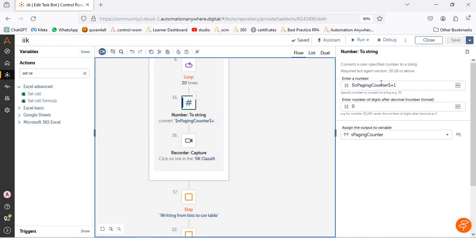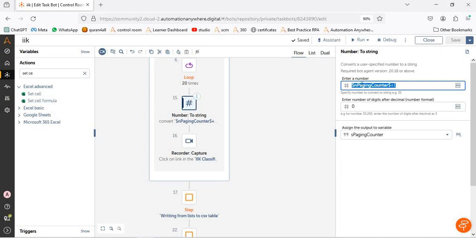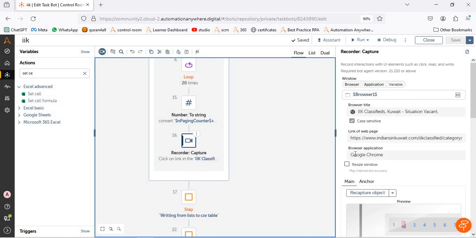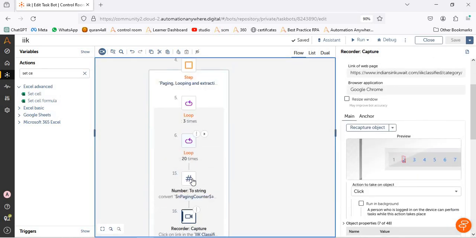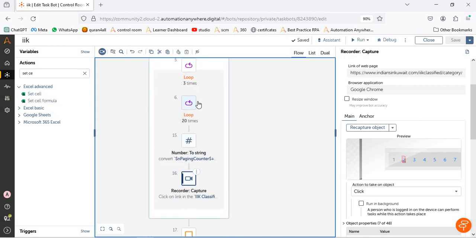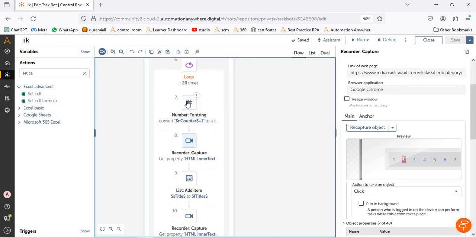And as well, I needed to convert the looping counter into counter plus 1 to start from 2, and then assign it to a string counter to add it here in my capture. Okay, this is for the paging counter or the paging loop. For my loop here,